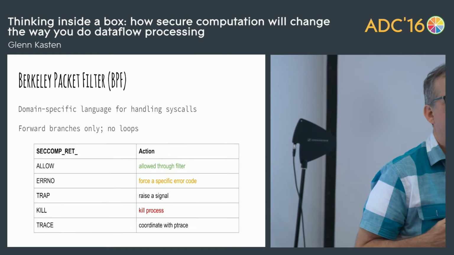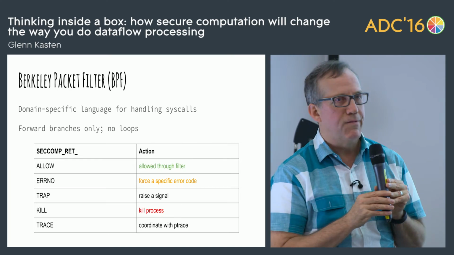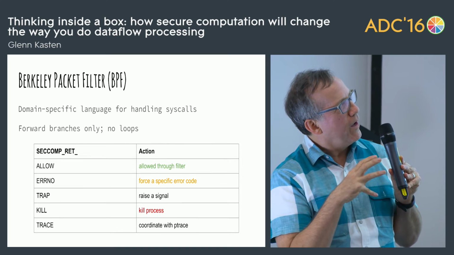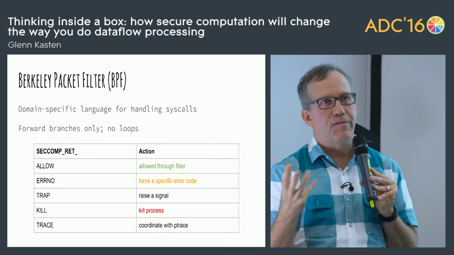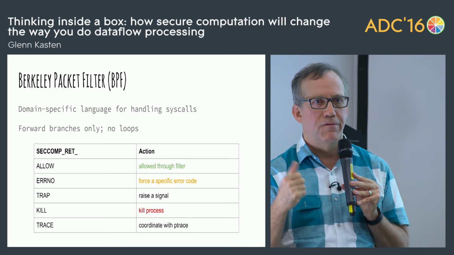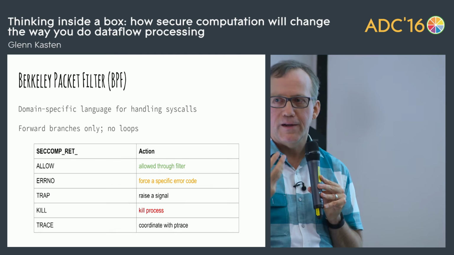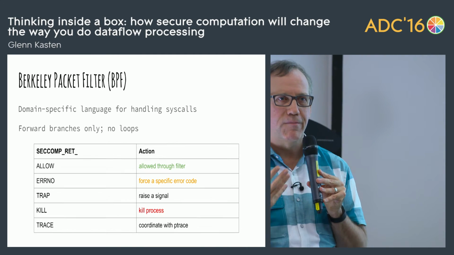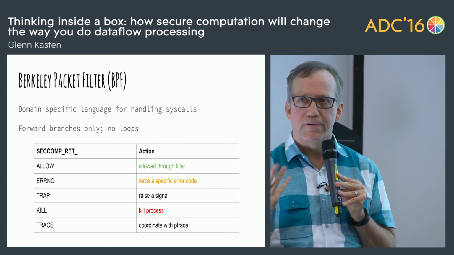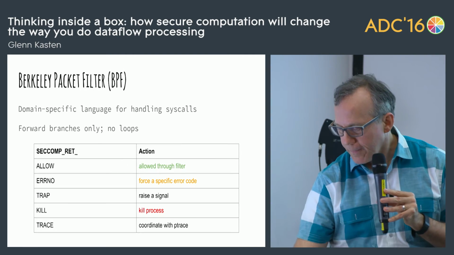During Jules's talk, he mentioned domain-specific languages and byte codes and things like that. Seccomp is a domain-specific language, and it's implemented using byte codes. I'll show you the language in just a moment, but basically the end result of a seccomp program is a decision. And the decision is, do we allow this system call to be executed or not? And if not, what's the error handling? So green indicates that the system call is allowed to pass through into the kernel. The yellow and the red mean either you can force an error code to be returned or you can simply kill the process. We don't use the black options.